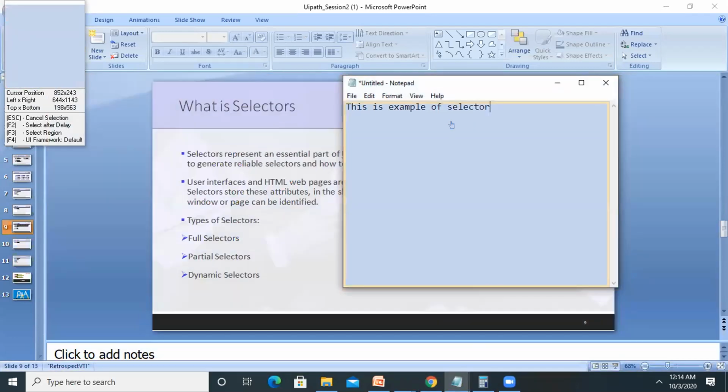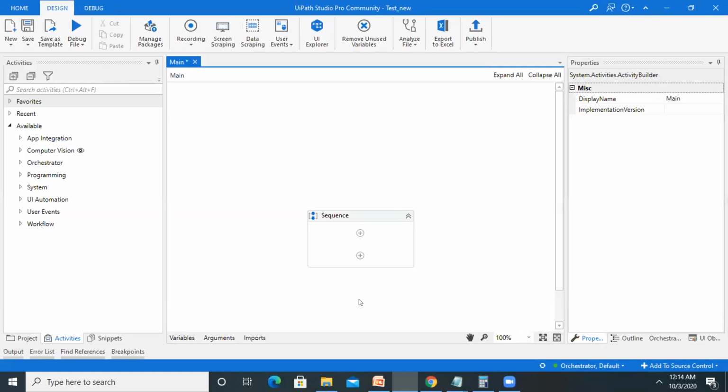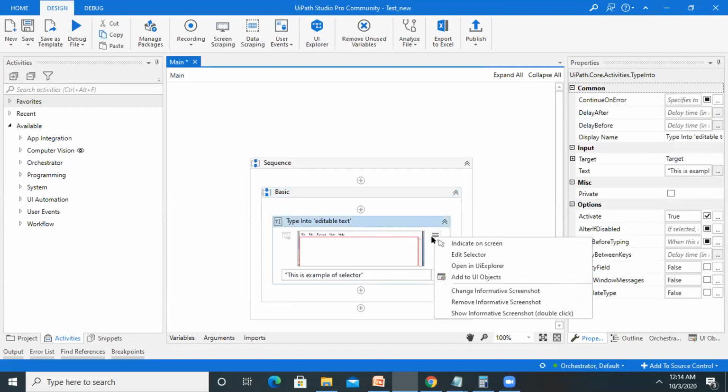Once we click on the Escape button and click on Save and Exit, the sequence will be generated on our sequence tab. If we want to see whether our selector is generated, we just have to click on UI Explorer. There are three options we can select it from: one from Edit Selector, second from the UI Explorer, and third from the Target tab.